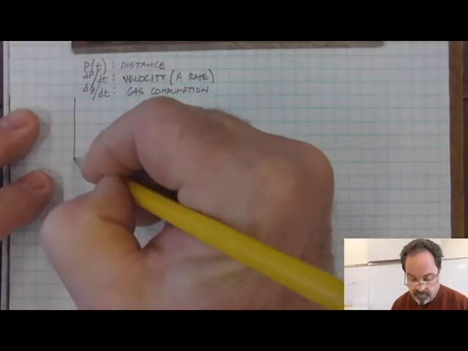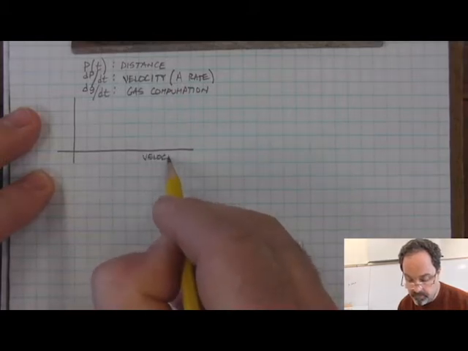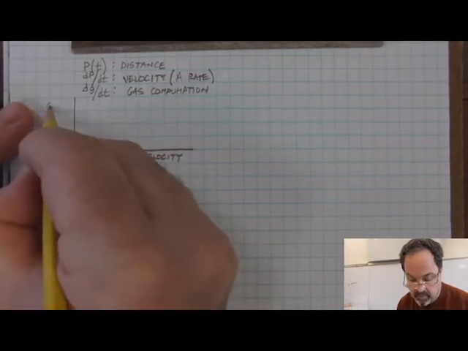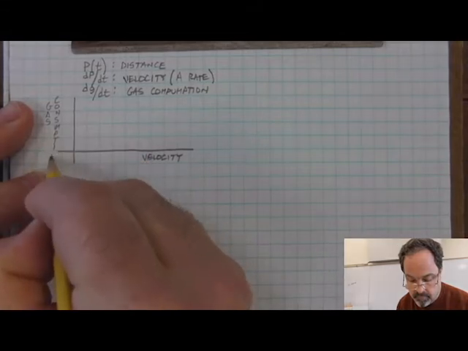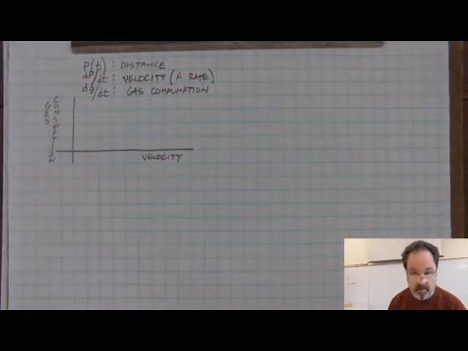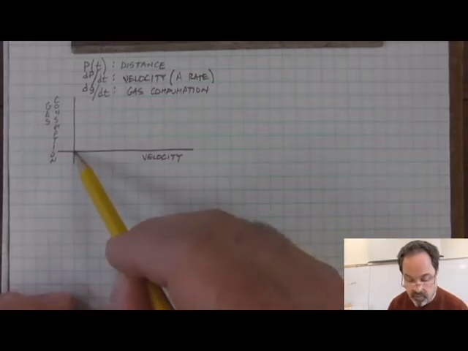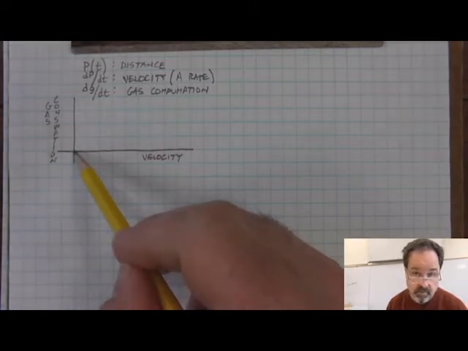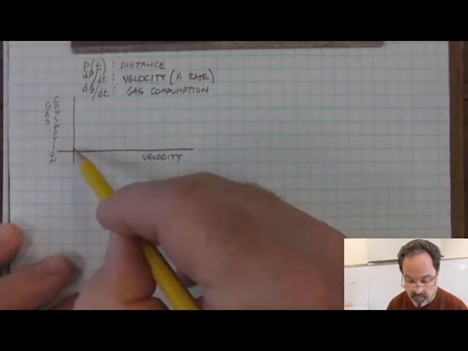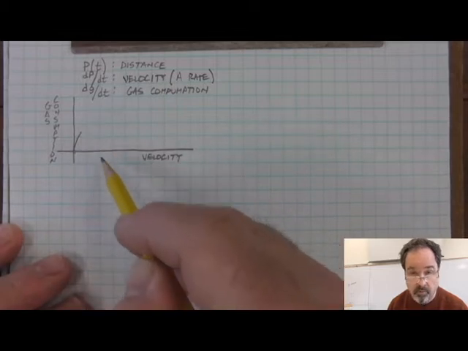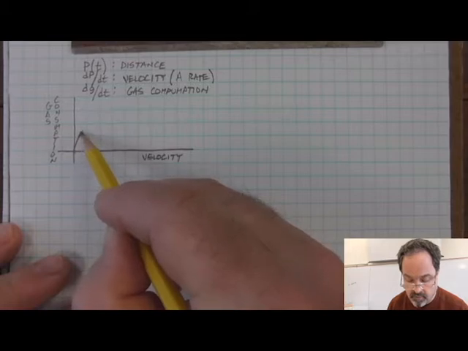We could sketch a graph that relates the velocity and gas consumption. And this is going to be a very crude and general graph. At no velocity, there's no gasoline consumption. Let's imagine that we're starting our car. And we consume a fair amount of fuel or energy in order to get the car rolling at a low velocity. But as the car increases the velocity,